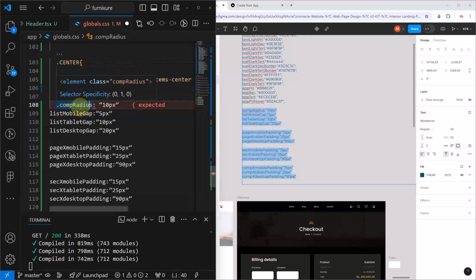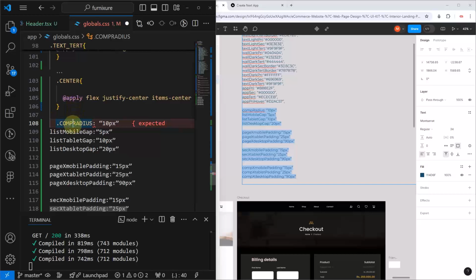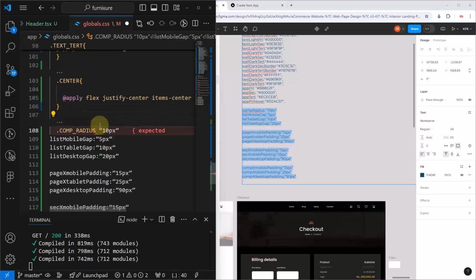Obviously, these don't conform to this naming convention. How am I going to do that? I think we will have to compromise. So let's type here comp radius. I think we can underscore this. Comp radius, and then